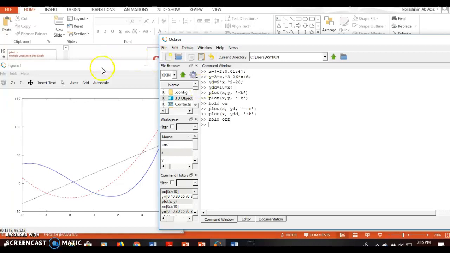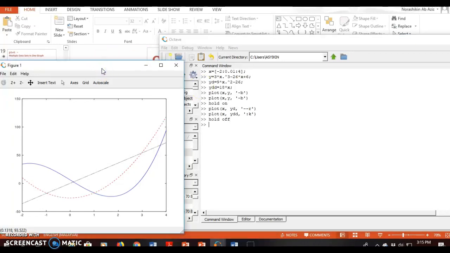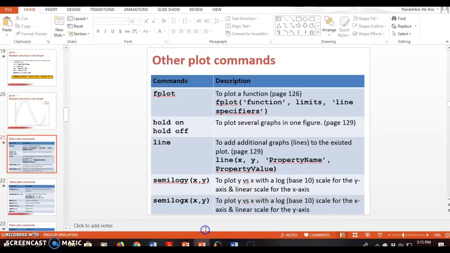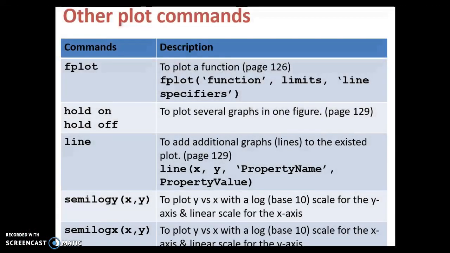So this is my graph. This is how hold on and hold off work when plotting. In certain applications, people like to use hold on and hold off where they plot the graph line by line. And then there is another example here, another command for log